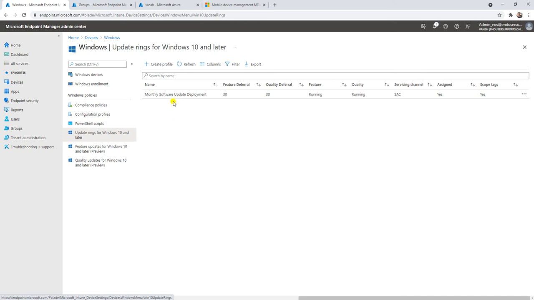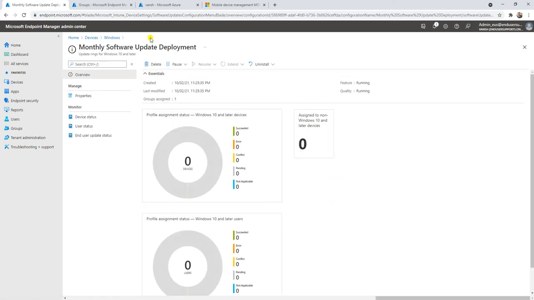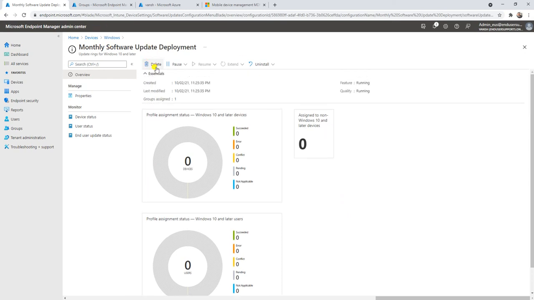Okay, so let me go and click on that, and let's see how the reporting is going to work. So how many buttons do we have here? We have delete, or pause, on the feature and the quality updates. The pause also we can do. A resume we can do when it has started.